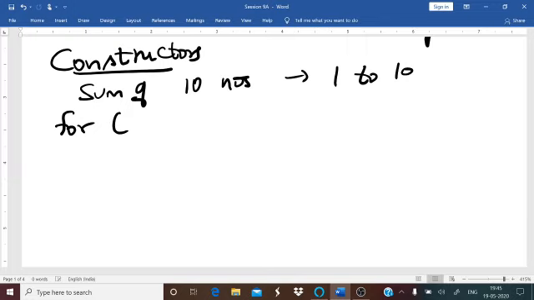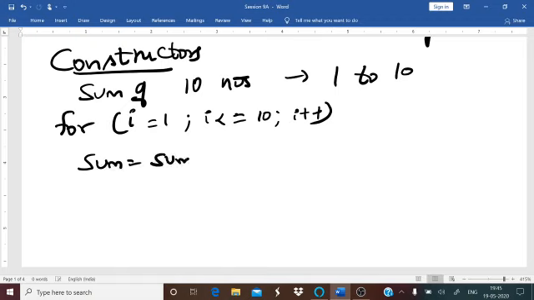So 1 to 10. How do you do that? For I is equal to 1, I lesser than or equal to 10, I plus plus. You do this, right? And then you give it as sum is equal to sum plus I.